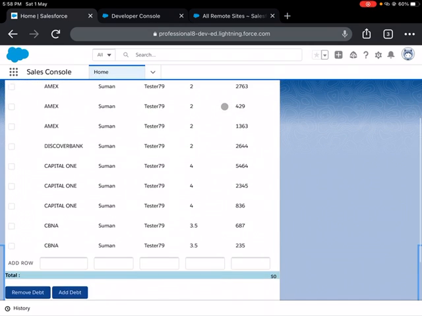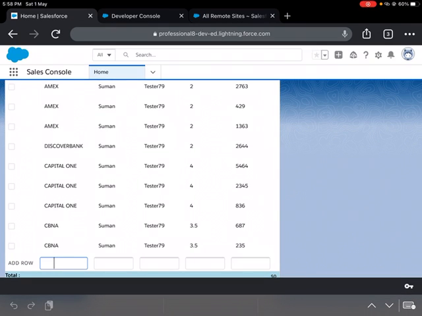And here I have also added one more row. Suppose you want to add one more row into this data, we need to provide the data. Let's say test data.